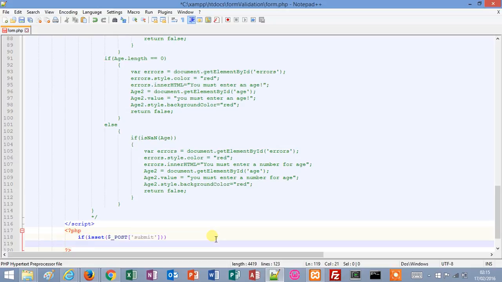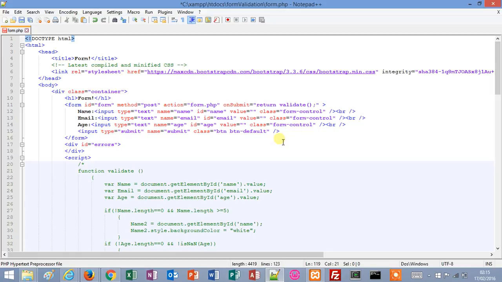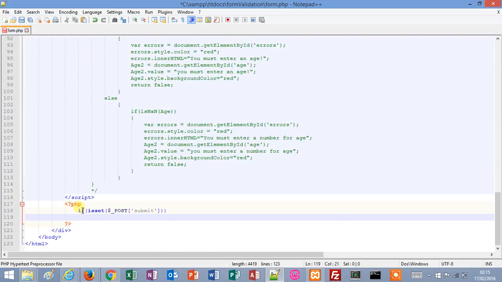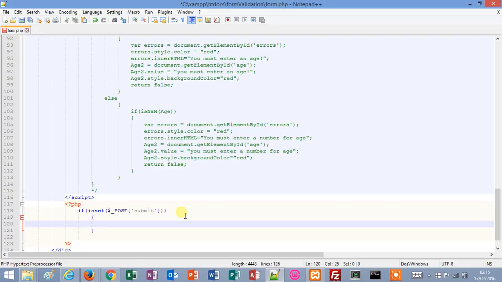So this basically says if the form has been submitted. Remember the method that we used back in the form is post, and yep, here's post, and the name of our submit button is submit. So this if statement is basically saying if the submit button is pressed, and we'll open this if statement up. So if this submit button is pressed, we need to check,